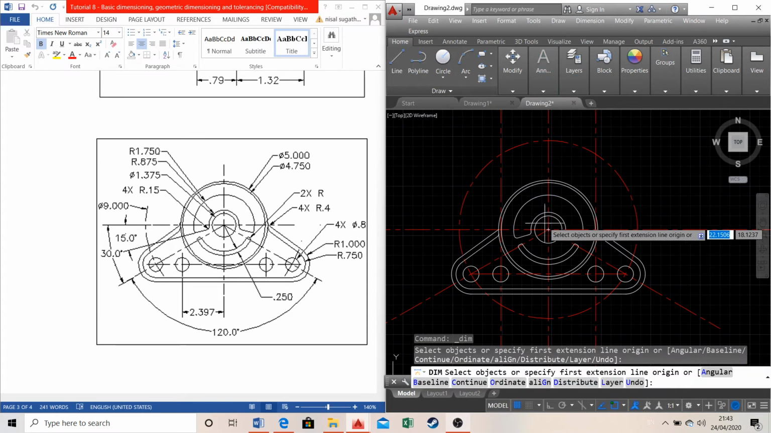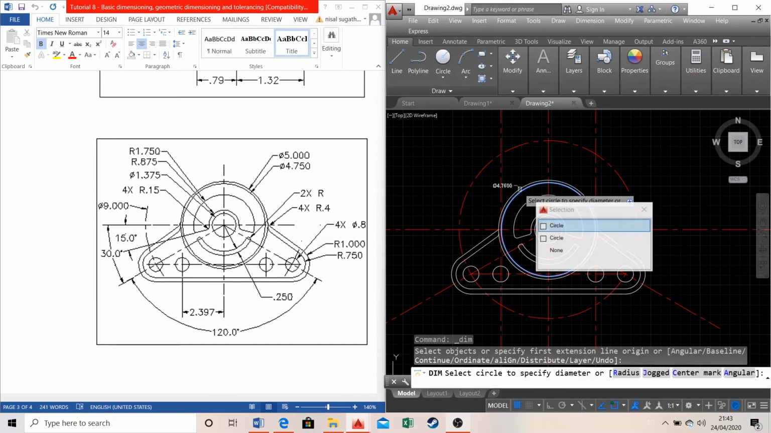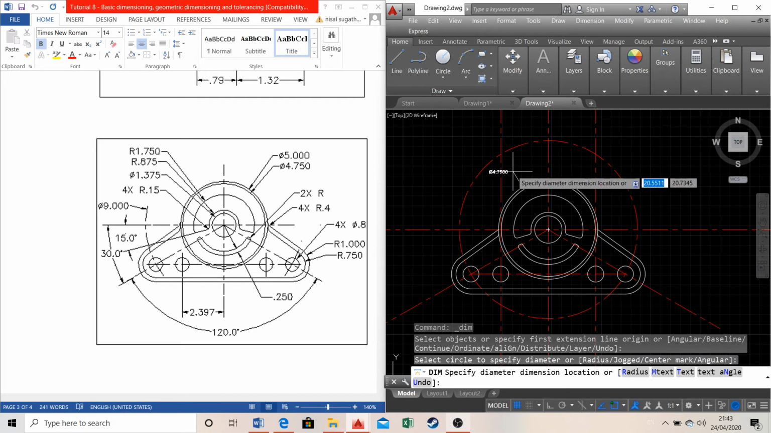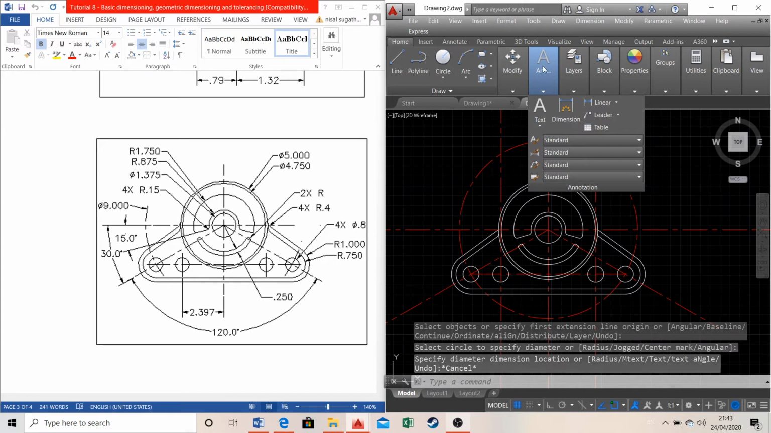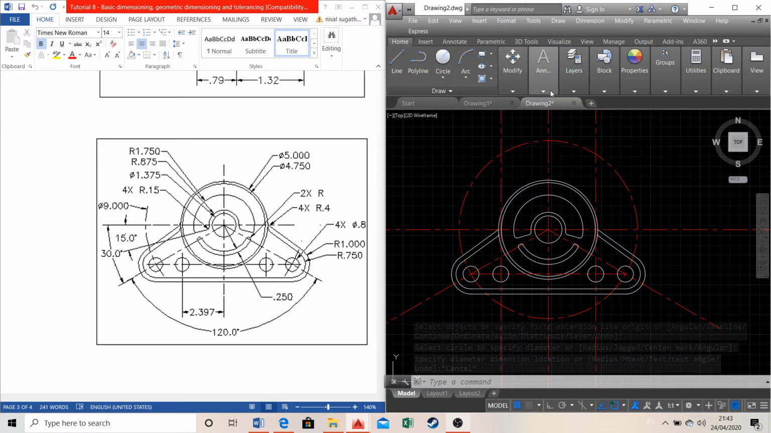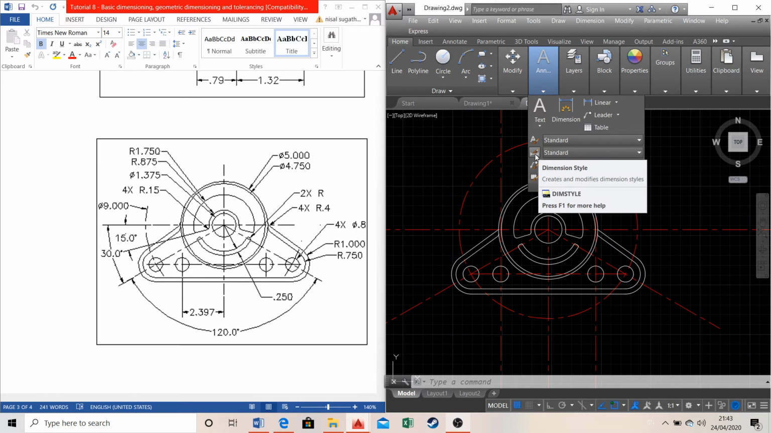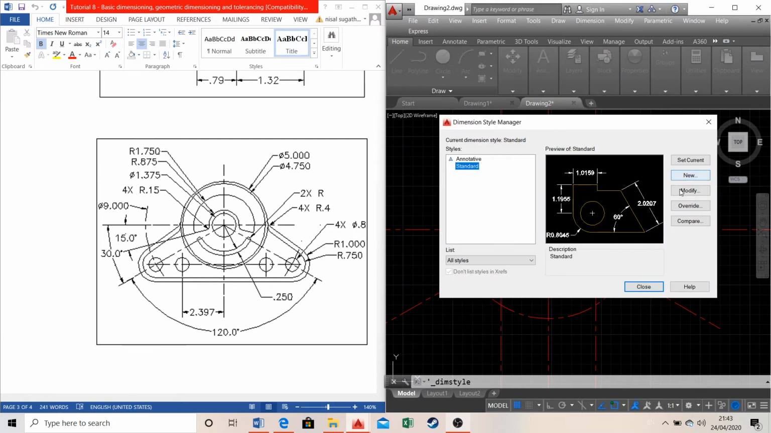So as you can see here, the dimension is comparatively smaller than what I want it to be. The size is too small for us to see. So we can always edit this before you enter any dimension by going to the features of the dimension. You can do that by selecting the annotate option, and you can select this option. It says dimension style. Then you can go to modify,